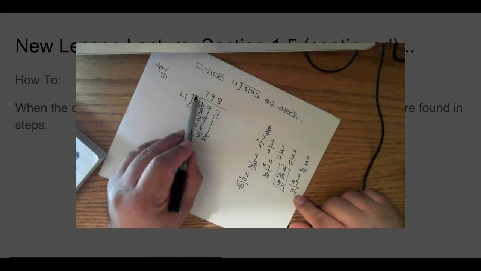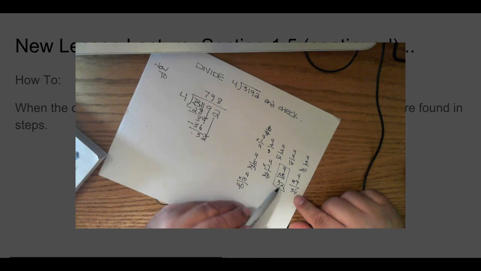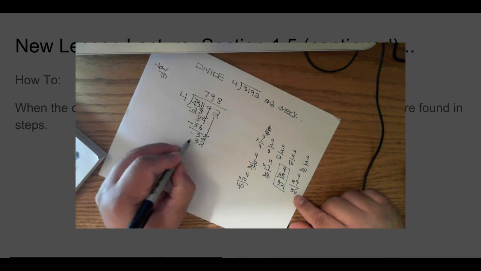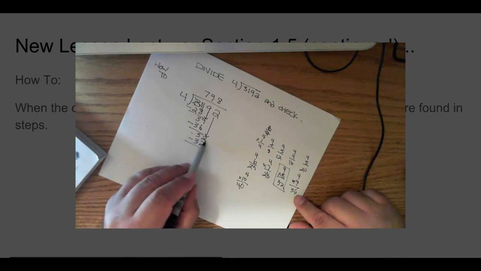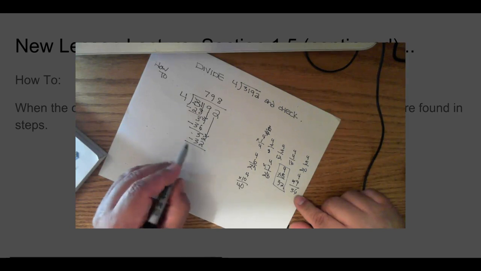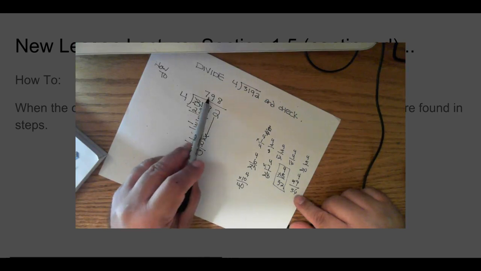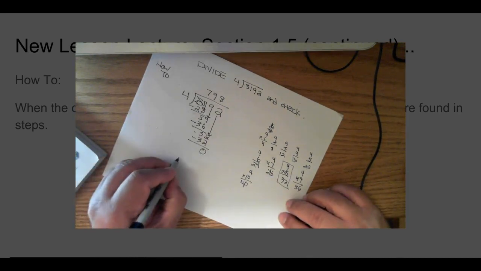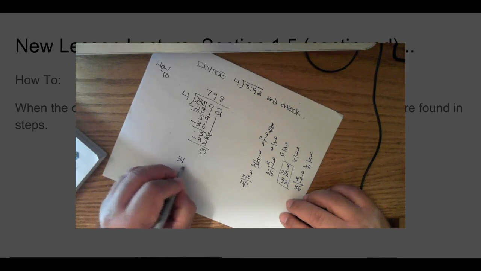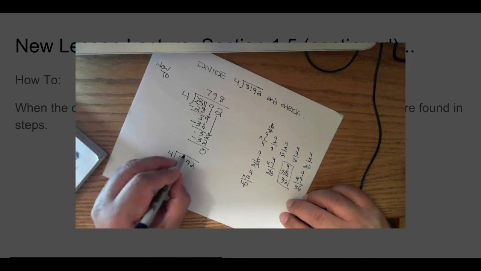8 multiplied by 4 was 32. We got that right here. So 32. So we have 32 minus 32. And we know that 32 take away 32 is 0. So since we have a 0 down here, we see that this number has divided evenly. We don't have a remainder. So we know, and we can just come over here and write that real quick, that 3,192 divided by 4 equals